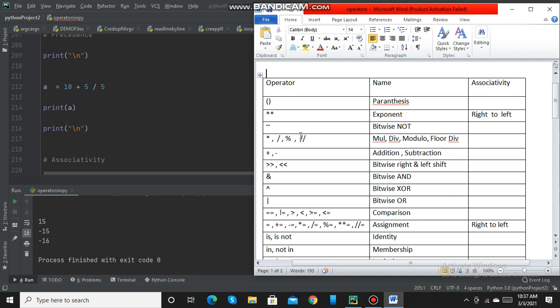Now operators in the same group have the same priority. Here we cannot apply the rule of precedence. In such cases, the associativity rule helps to determine the order of the operations. So there are two types of associativity, left to right and right to left. Left to right associativity means the expression is evaluated from left to right, and almost all operators have left to right associativity, except in two cases, that is exponent and assignment. In these two cases, the associativity is from right to left. Now we will see this in our examples.